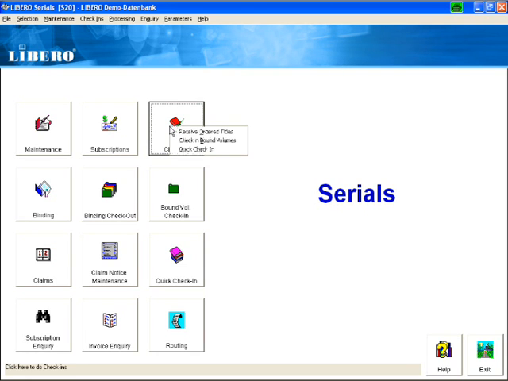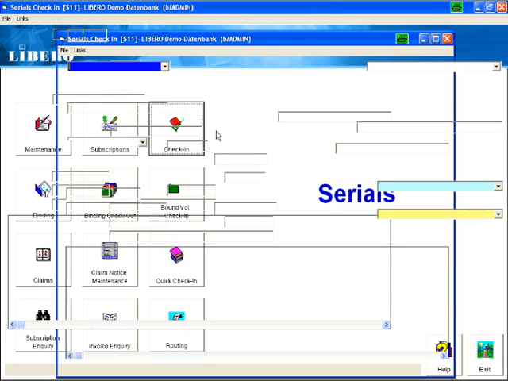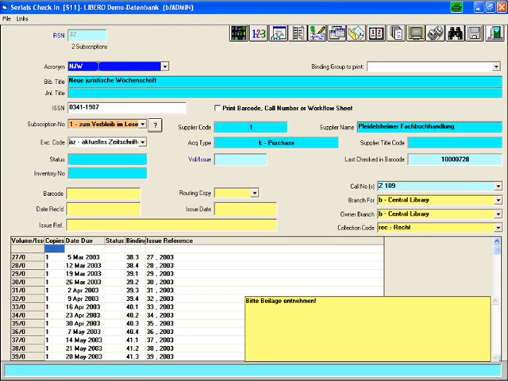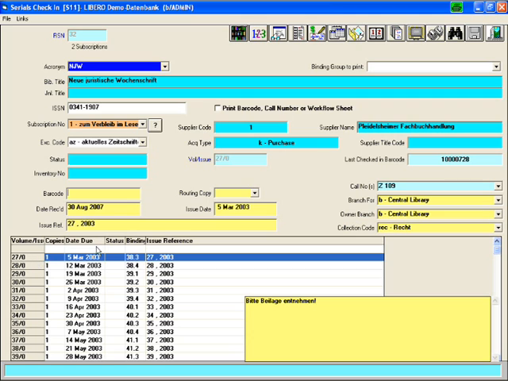We can use the check-in button and then decide if we want to check in bound volumes or maybe received ordered titles. We use the acronym or the search functionality to get to the relevant title, and then use the tab key to call up all outstanding issues only. We select an outstanding issue, enter a barcode or make the system allocate a barcode,